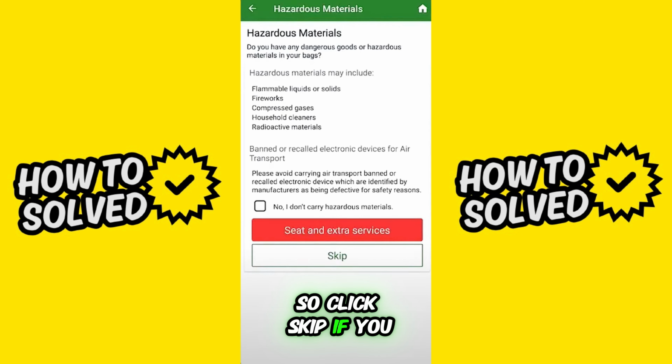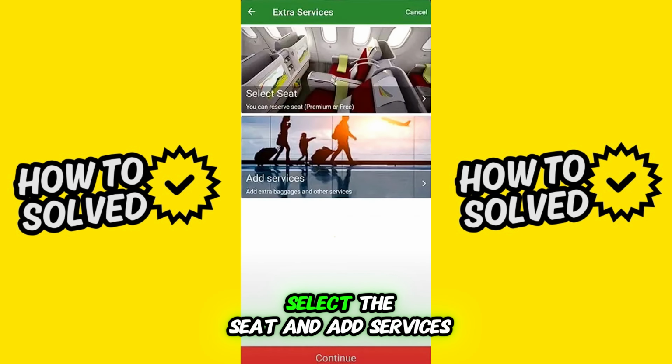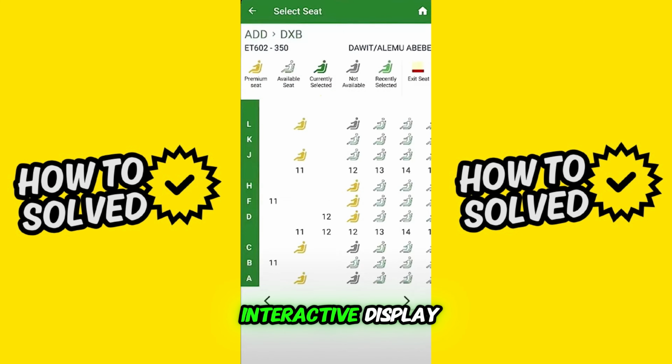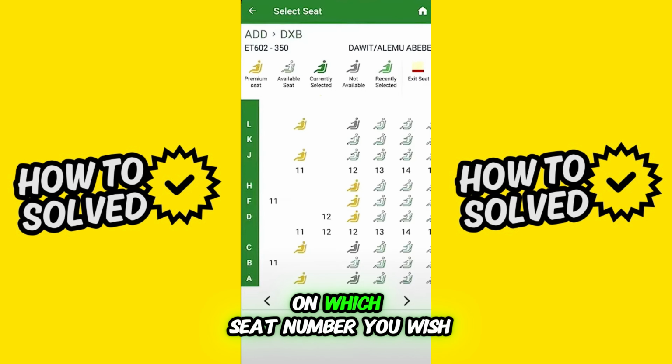So click skip if you don't want extra services, or just go to seat and extra services if you wish to finish setting up your check-in. In there you will be able to select the seat and add services as necessary. Go through the process and you will have an interactive display where you can click on which seat number you